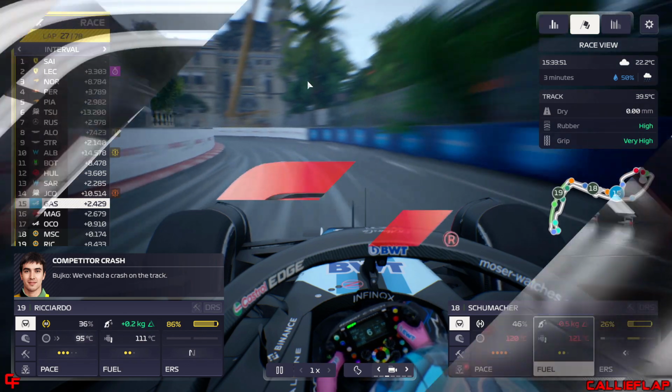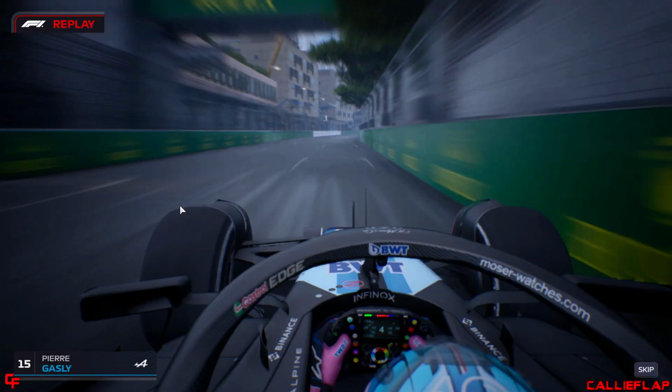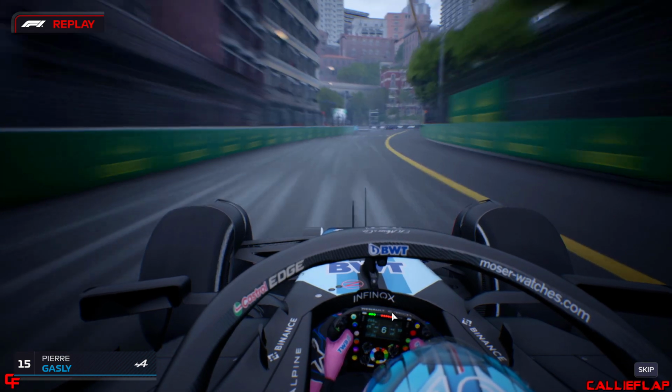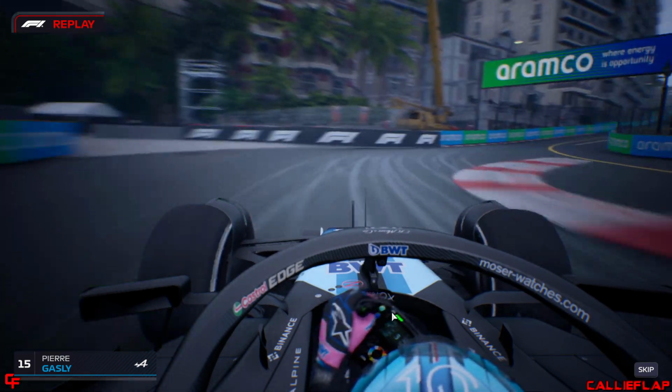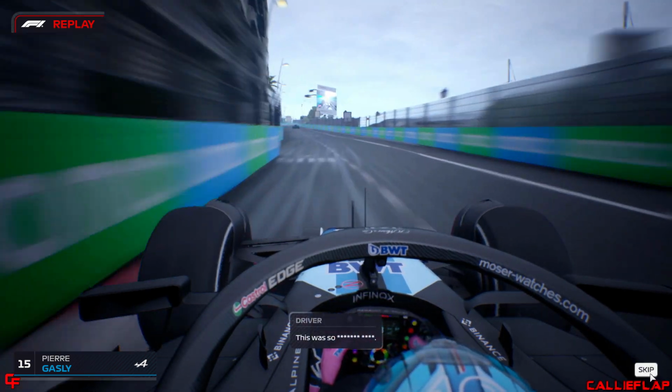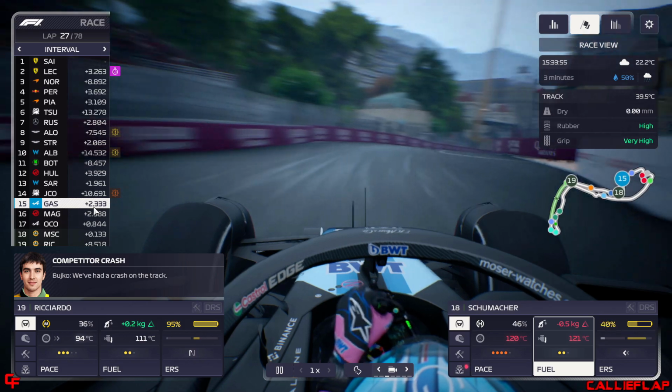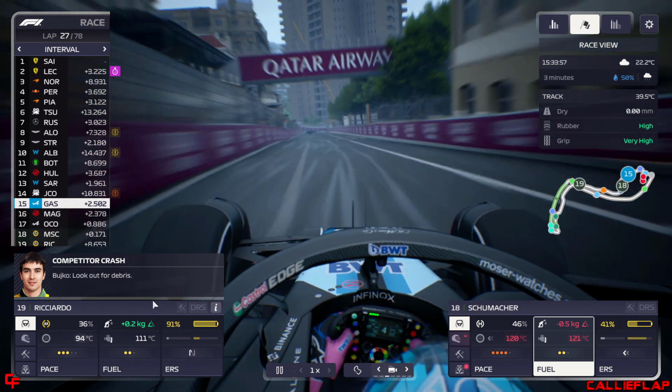Says Gasly's got damage. Doesn't say that on the timing screen. What's Pierre done here? Oh, a little clip of the wall on the left there. Calm down, Pierre. Calm down. Yeah, it says he's got damage, but it's not showing he's got damage, so...